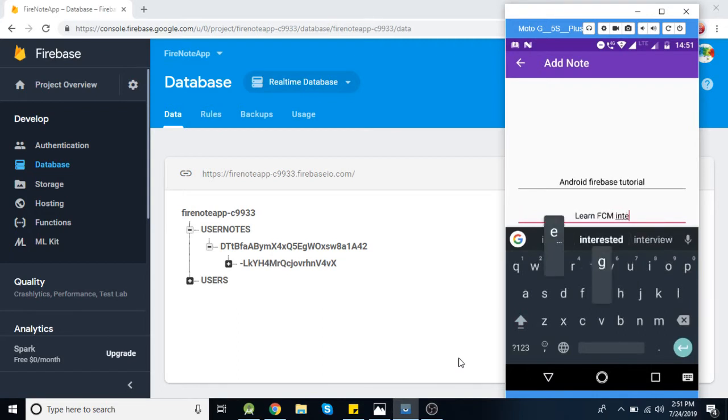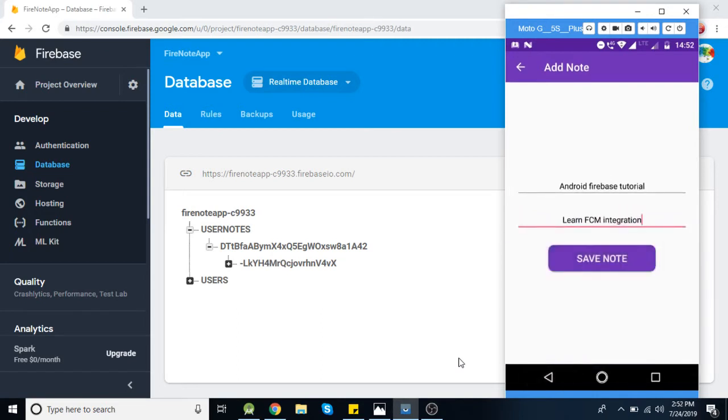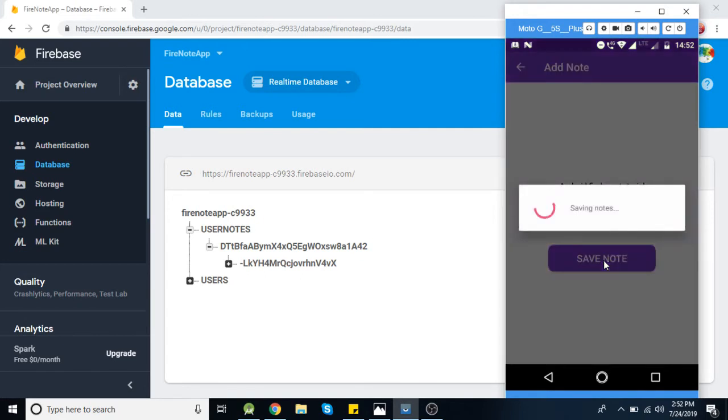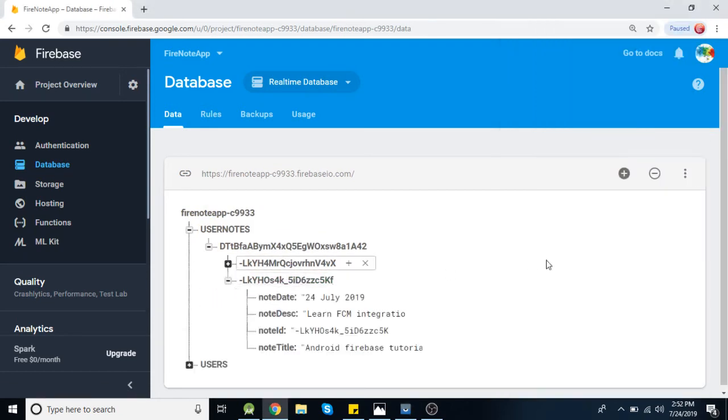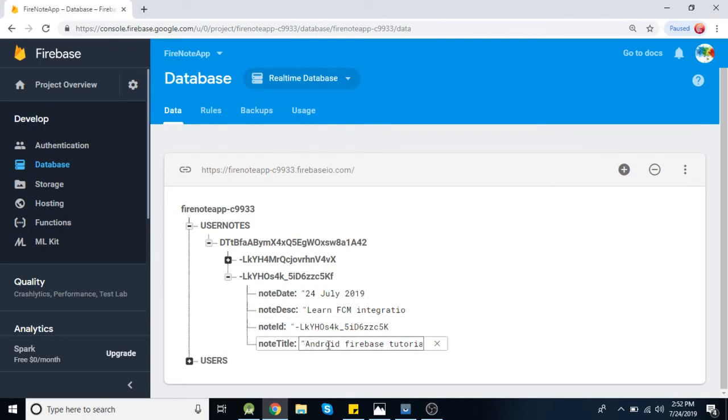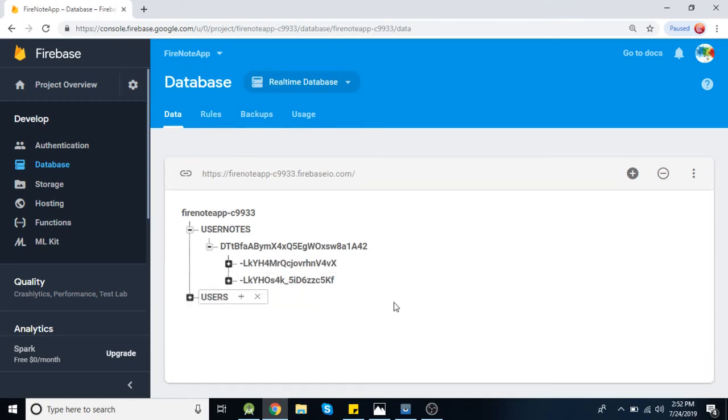Now when you click on this save button, we already added the code for saving that note, and you can see here our second note is listed. Title is Android Firebase tutorial, and this description, the date will be the same. So this is how you can store or write data to Firebase.